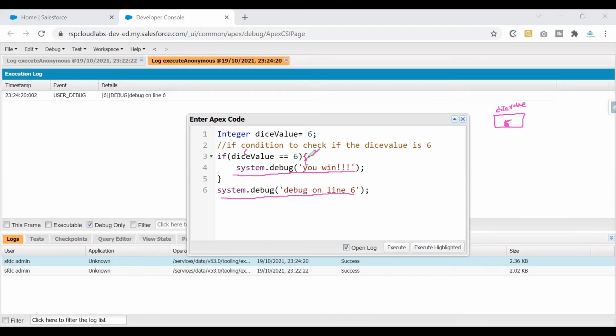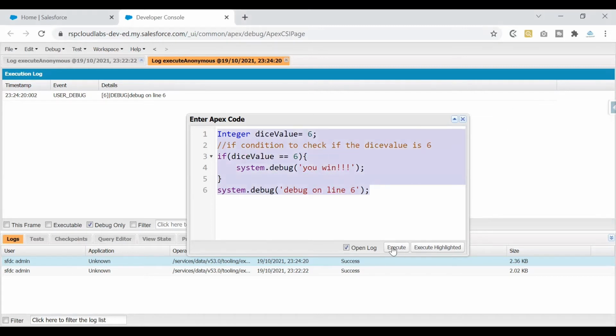Because our if block starts here and ends here, whatever is inside it would be executed, depending on the logic that you write, it would execute those statements accordingly. Now we would be seeing 2 debug logs according to the latest changes that I've made to this code. Let's quickly test that out.